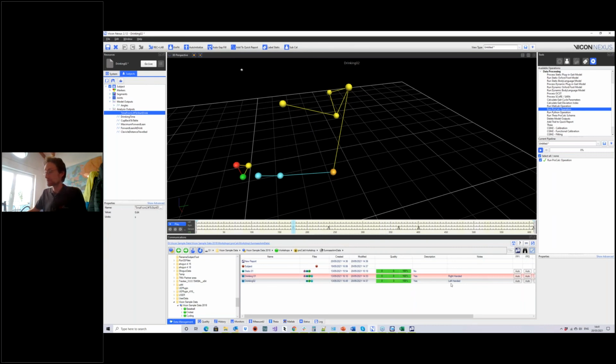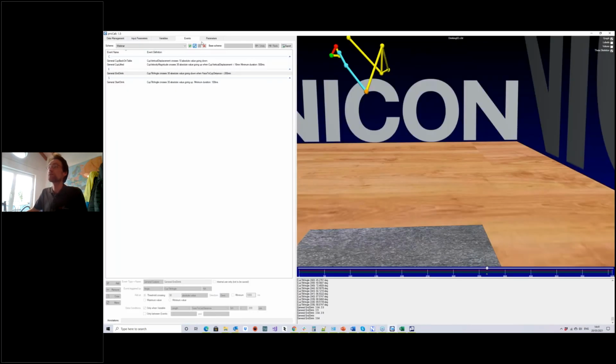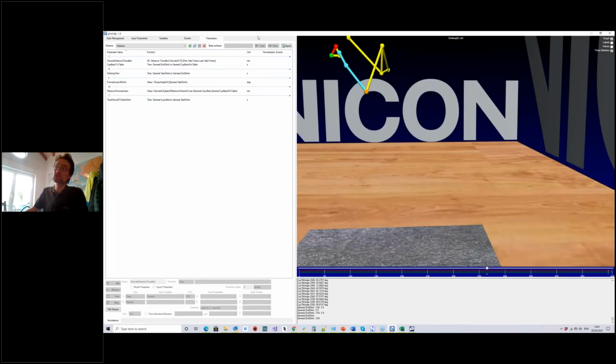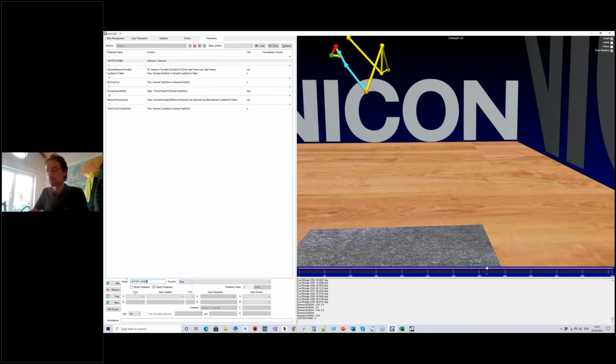So basically, you go into ProCalc and you focus almost exclusively on the parameter scheme. And in here, you would then add like left knee flex x max, and this would be a value, and you would pick out a maximum,